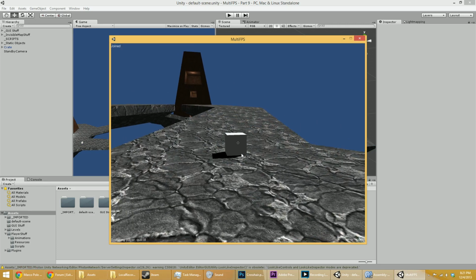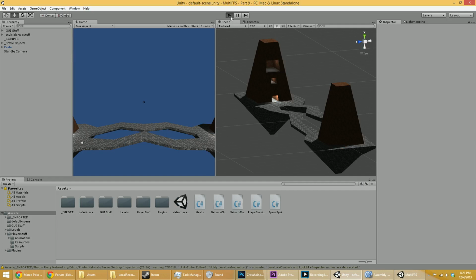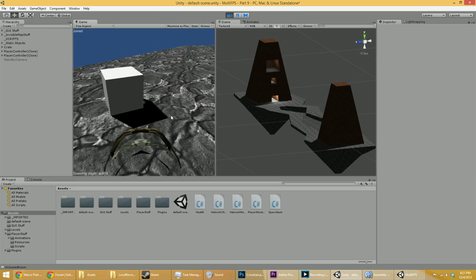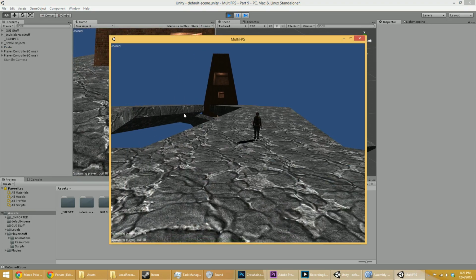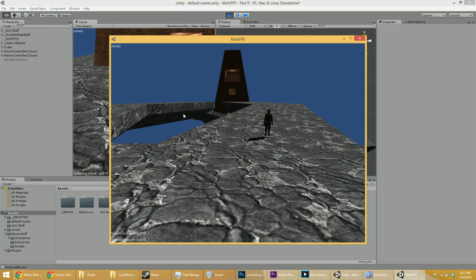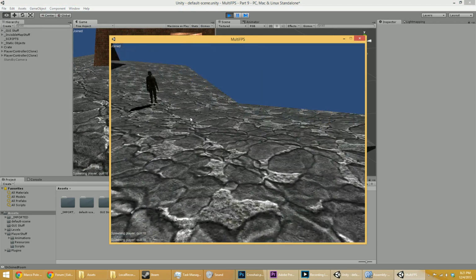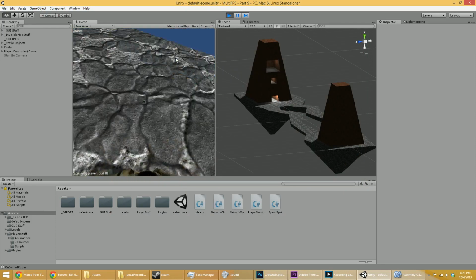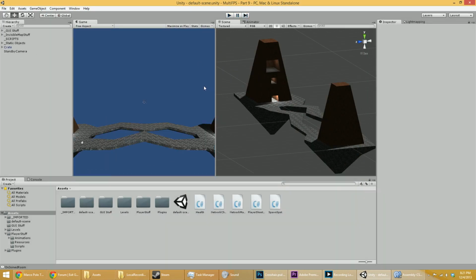I'm gonna blow up this crate. Boom. Now I'm gonna connect over here in the Unity version, multiplayer, and I still see the crate here. Whereas here it's gone. And it's the same issue as with the messages. The message that the crate has taken damage came and went before the second client ever joined,